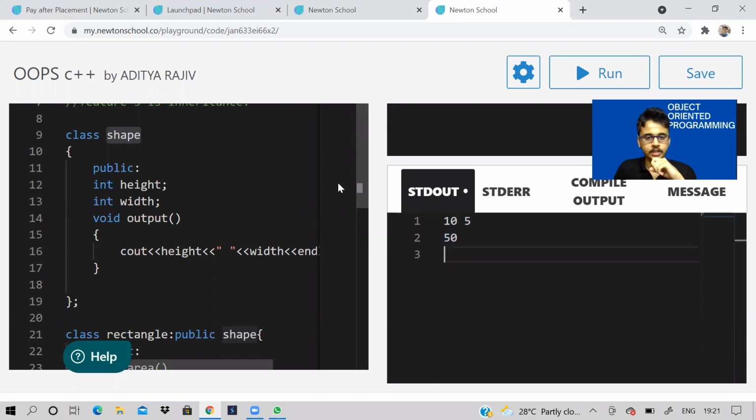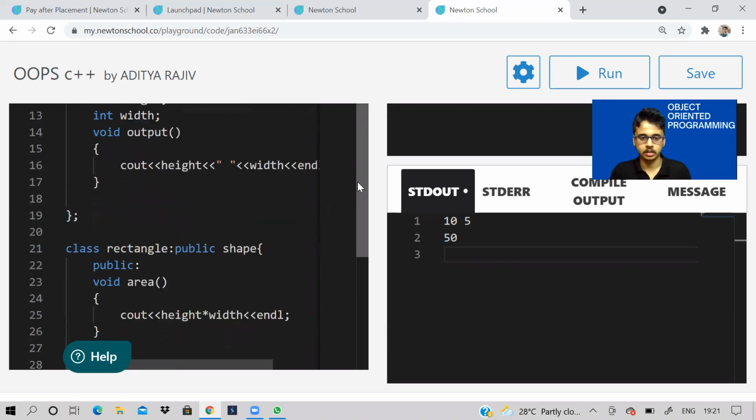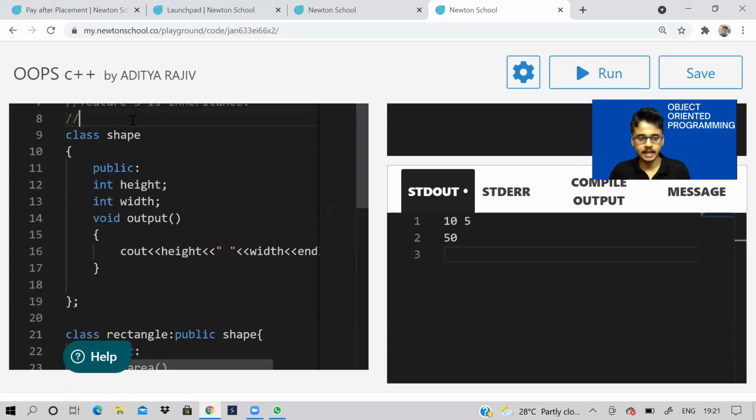So the third feature was inheritance. Now what is the fourth feature? Feature 4 is polymorphism.